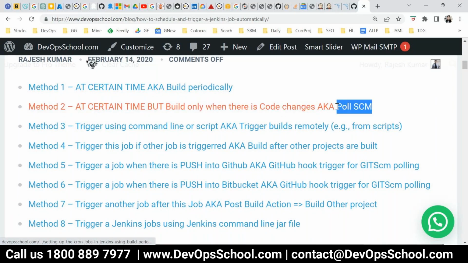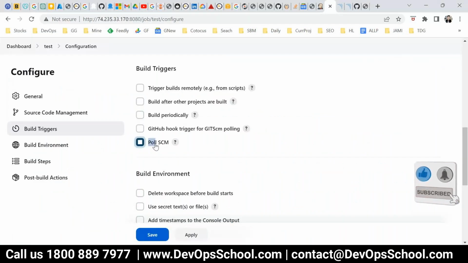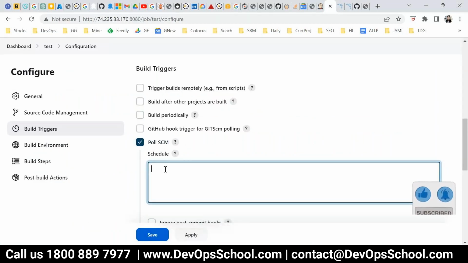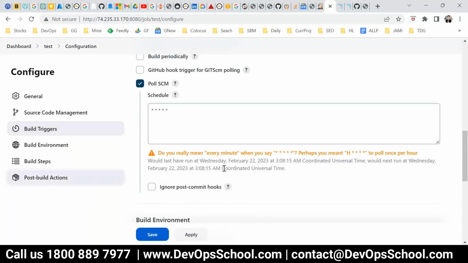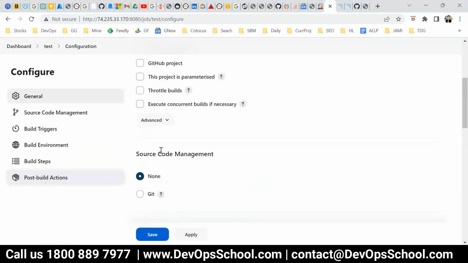So let me disable this one, and here it is. What will happen in Poll SCM? You can also put the cron, but it will check whether the source code has changed or not. And if there is no source code change, it will not build. So for example, let's say star, every minute, right? That's the definition. Every minute it will check. And here you have some source code. I'll just copy this one